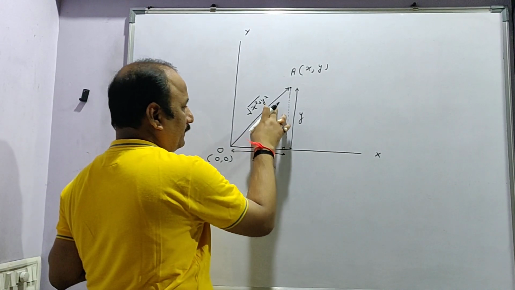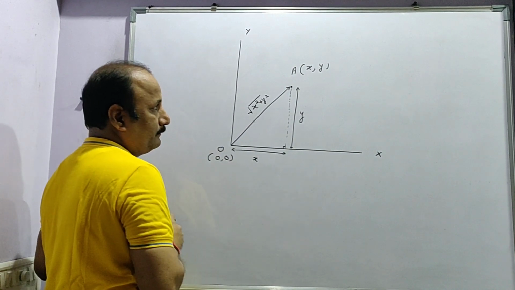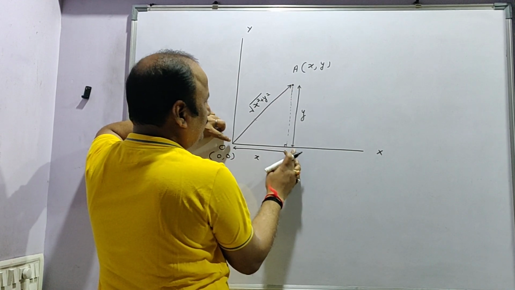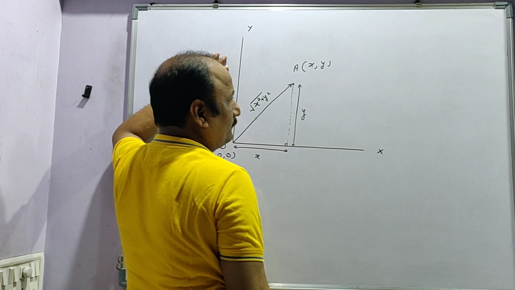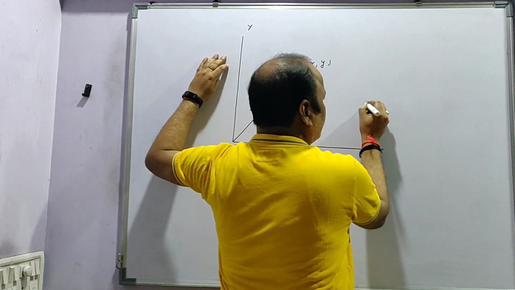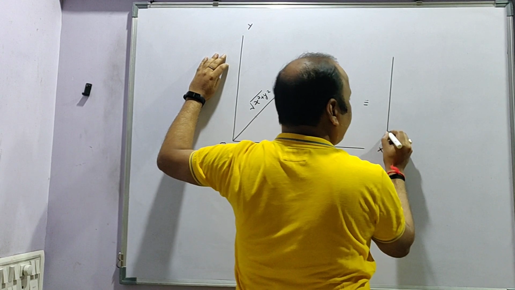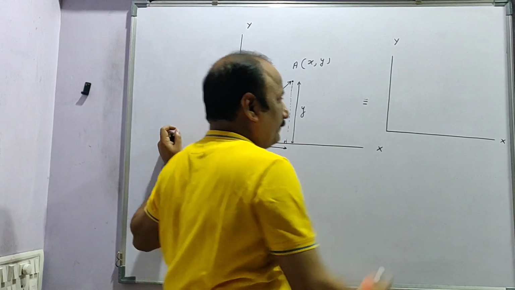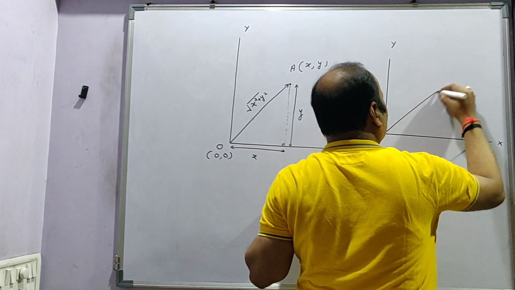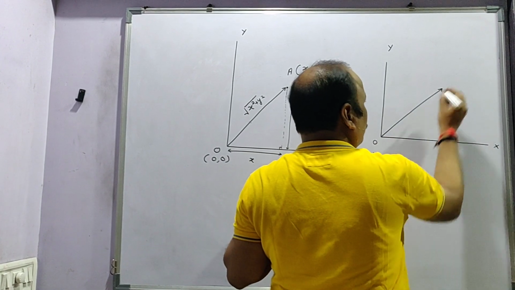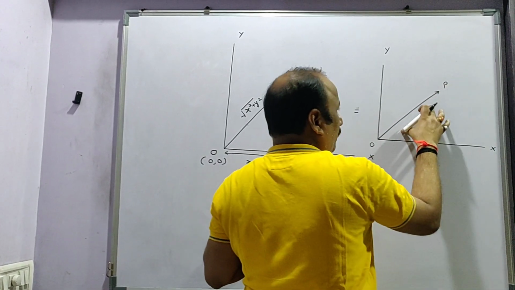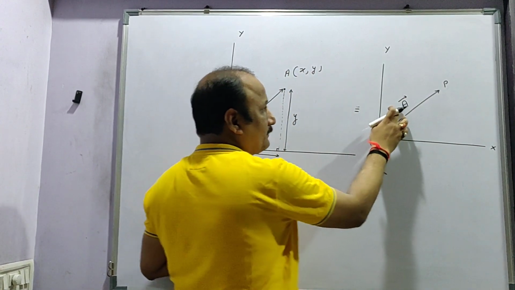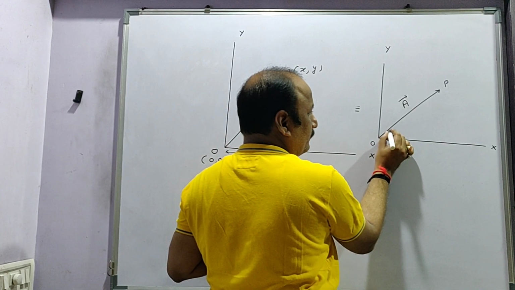So to define the position of this particle with respect to this origin, we have two requirements. The first one is length and the second one is angle. So now the question is, what is the effect of this length along the x-axis as well as the y-axis? Let us take a vector, which has magnitude as well as direction, and the vector passes from the origin, and that is OP. The name of this vector, let us take vector A, and the direction of this vector with respect to the x-axis is theta.